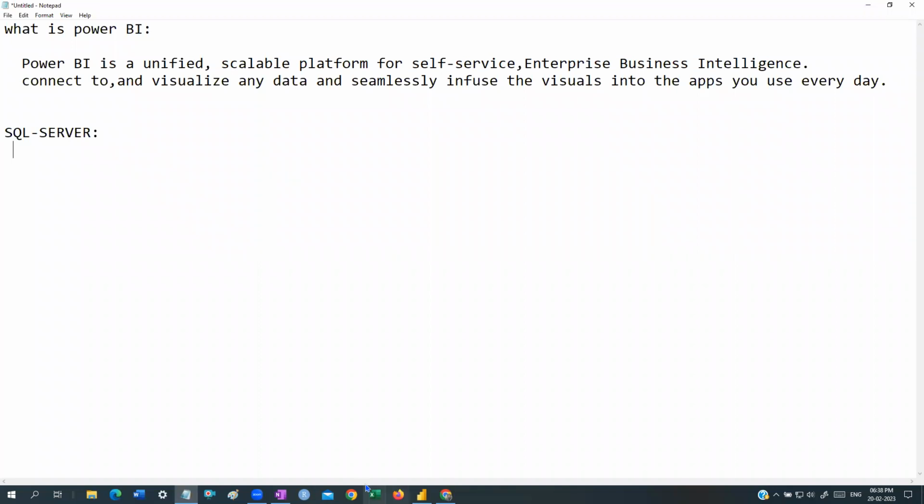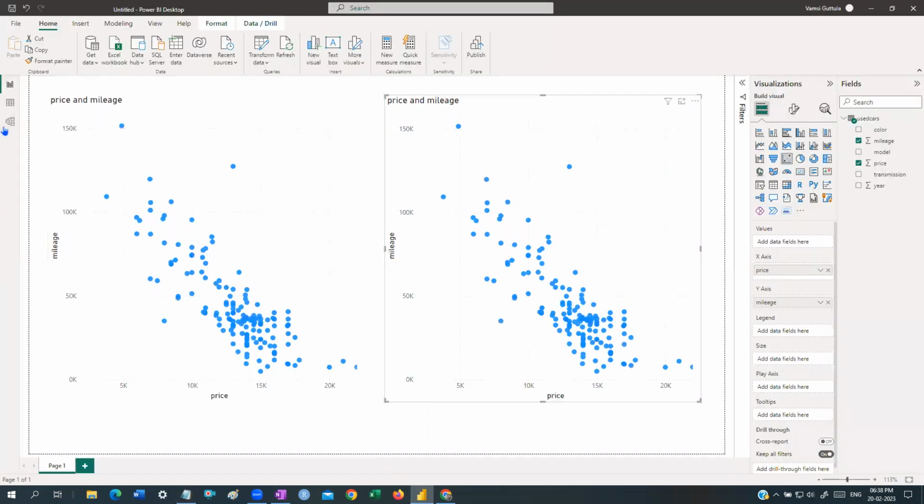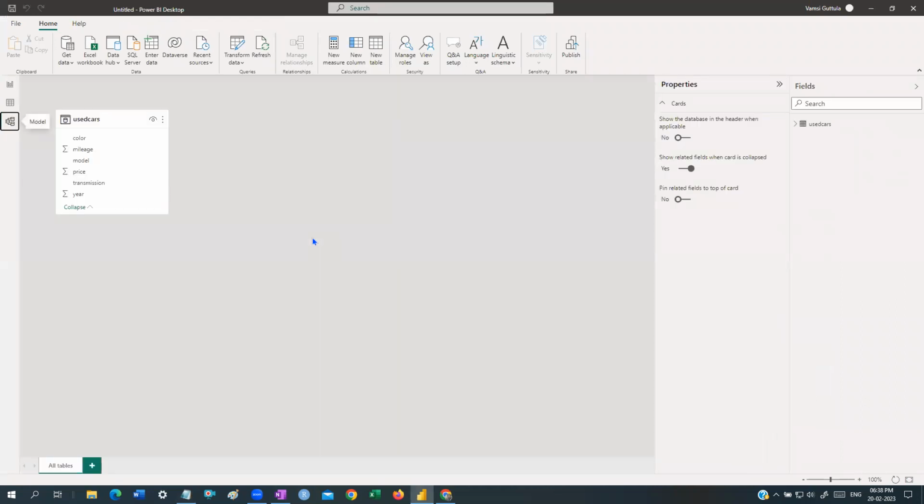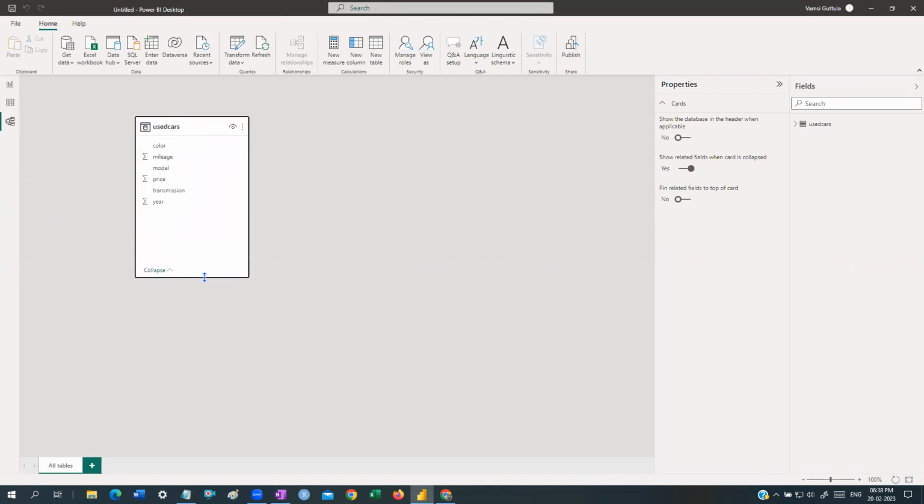Because mainly whenever we work with Power BI, there is some kind of a model, guys. In this model, we are going to create some kind of relationships. We have to create relationships. And I already told you, some of the terminologies we use are part of our database terminologies. Don't worry about that.